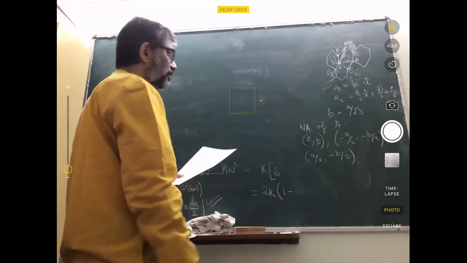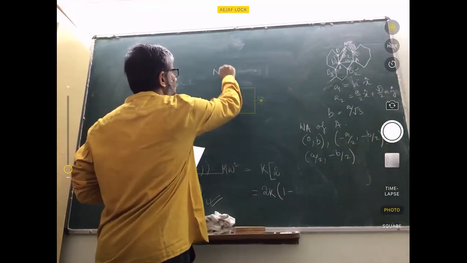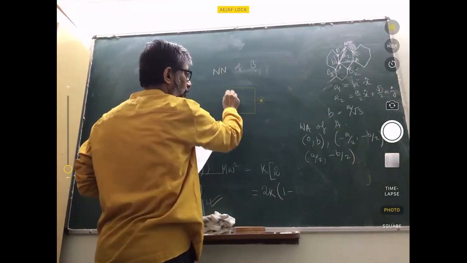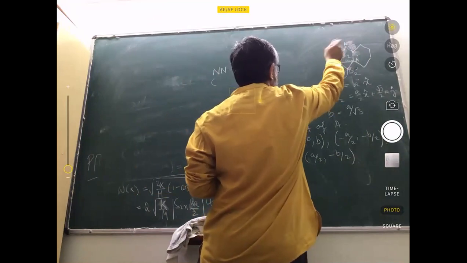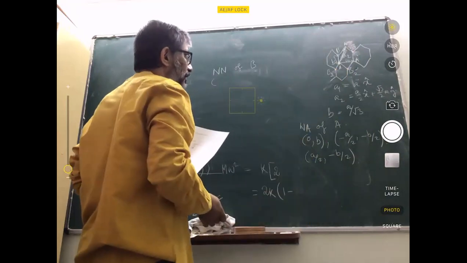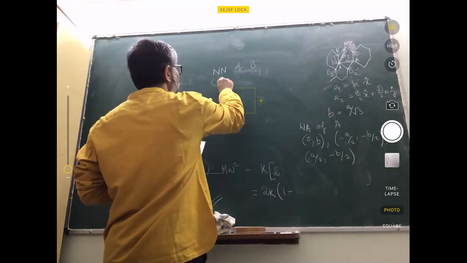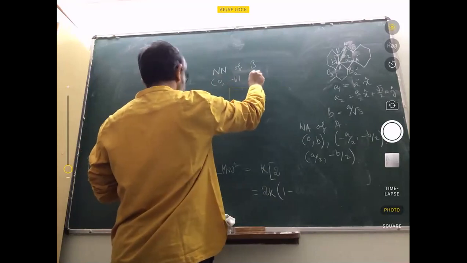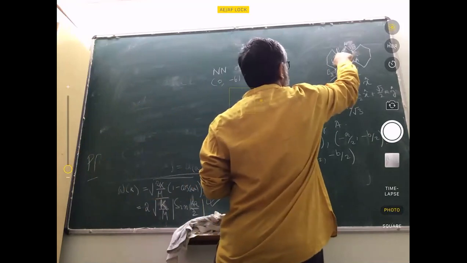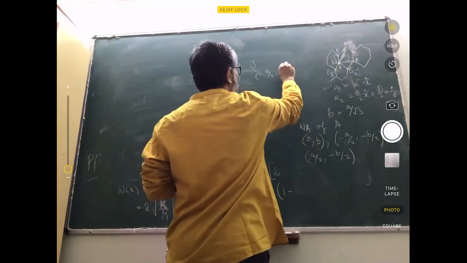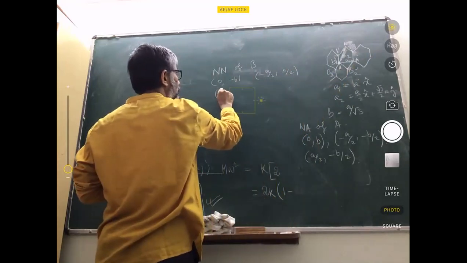So those are the nearest neighbors of A, and the nearest neighbors of B will be with respect to this. So if this is (0, 0), then this would come out to be (0, minus B), then one is this, the other is this. So (minus A by 2, B by 2), and the one on the right would be (A by 2,